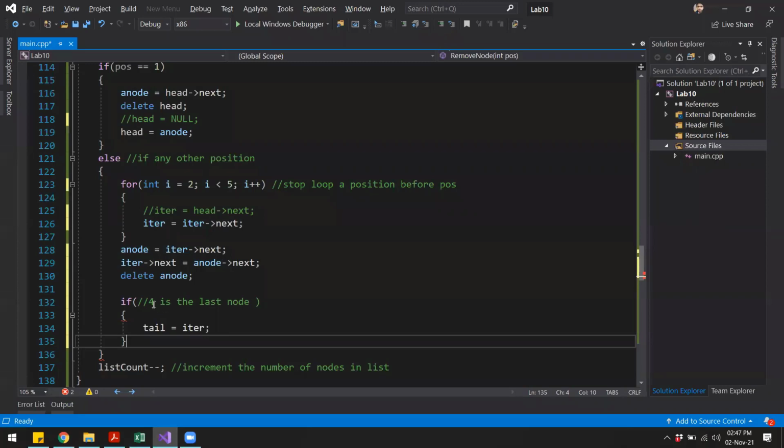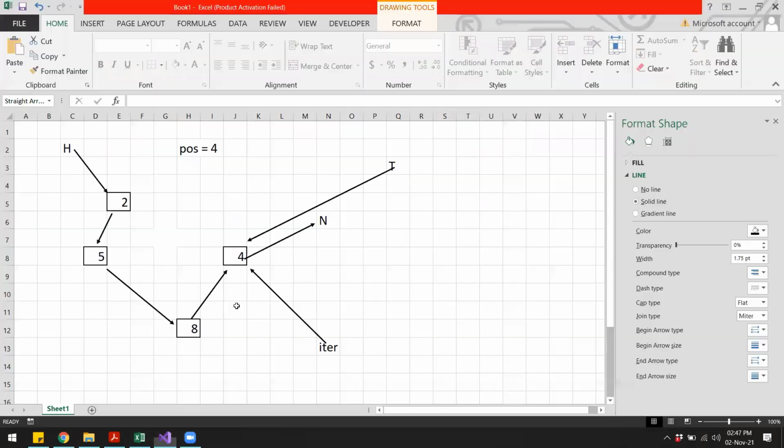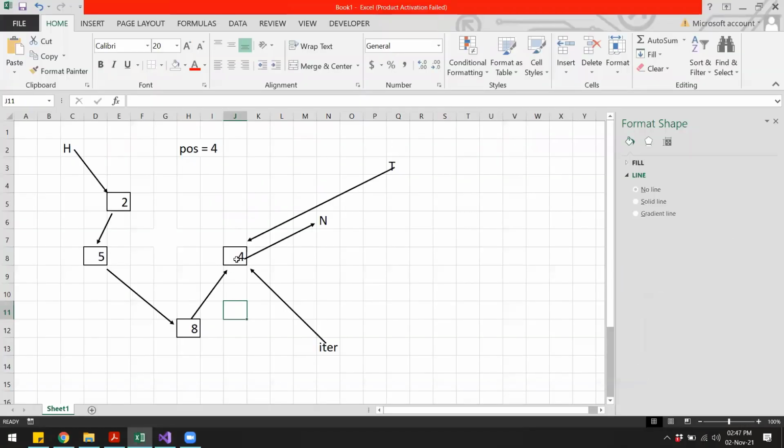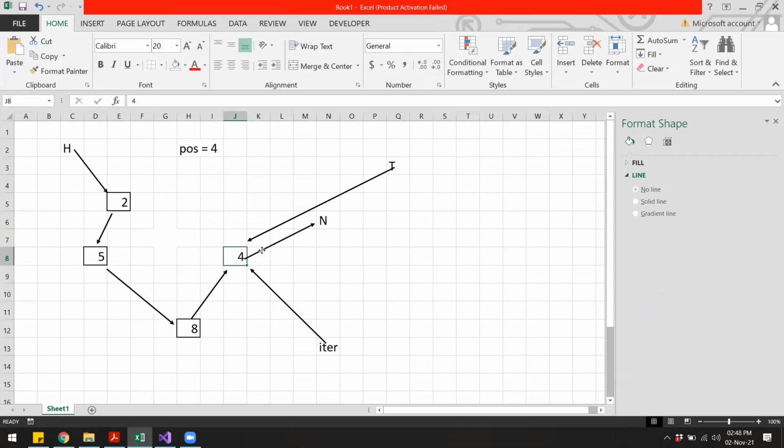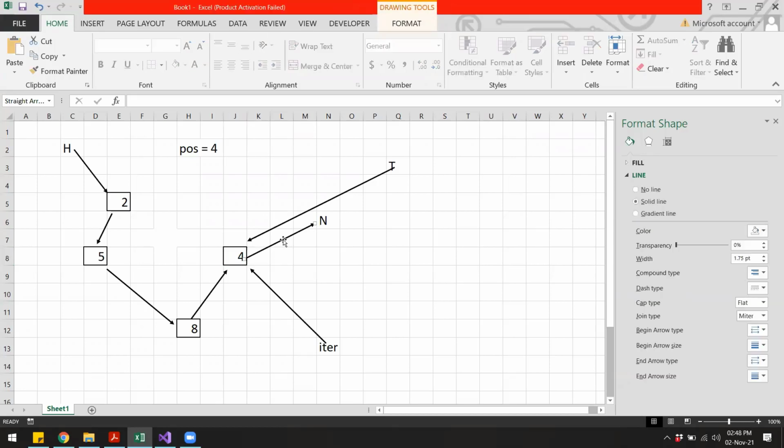Now how do we tell whether 4 is the last node? How can we check if this node is the last in the list? We can check the next of this particular node. If it is the last node, then the next of this pointer will be null. So we can check this particular pointer. And what is the name of this pointer?